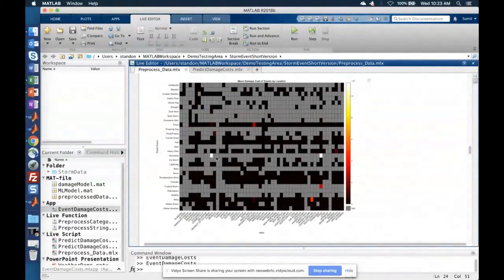Also, we can see that for hurricanes, for example, there are two white spots here, which mean a lot of damage, which happened in 2017. One of them happened in Florida, and the other happened in Texas. So this is how we can build intuition about the model or the data, and get a sense of where we want to go.